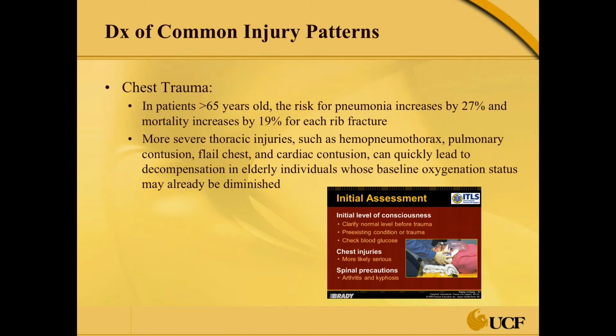Chest traumas, if they're in this group, the risk of pneumonia increases by 27%, and the mortality increases by 19% for each rib fractured. So we're all the way up to, for example, 60% almost if a patient has just 3 rib fractures. More severe thoracic injuries and hemopneumothoraces, pulmonary contusions, flail chest, and cardiac contusions can quickly lead to decompensation in elderly folks whose baseline oxygenation status may already be diminished. So for example, someone with really bad COPD, you're already going to have diminished capacity,